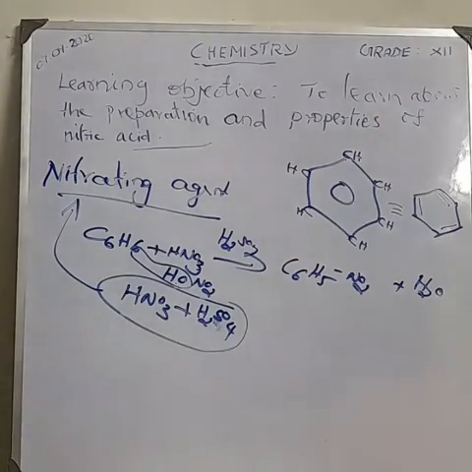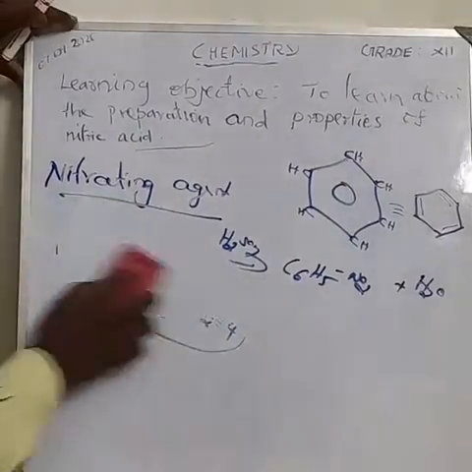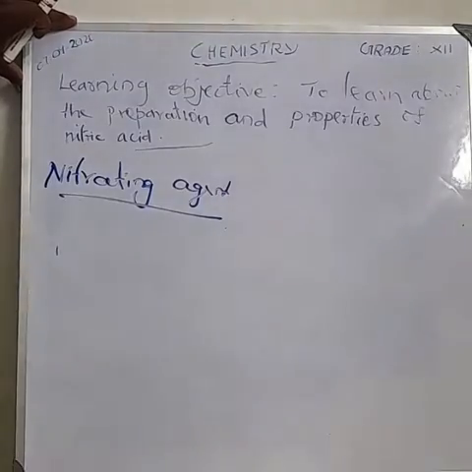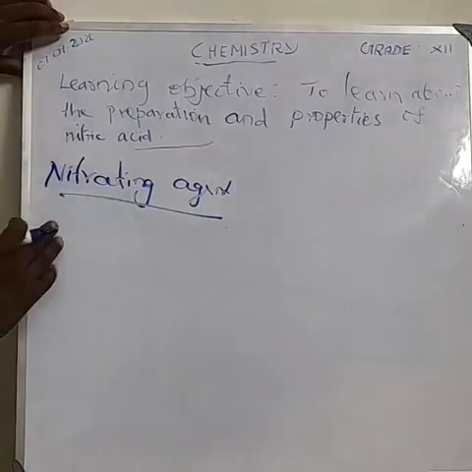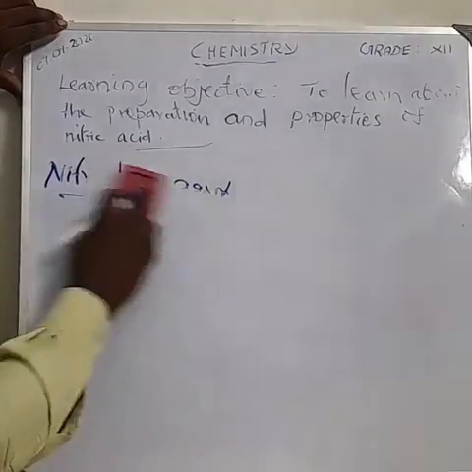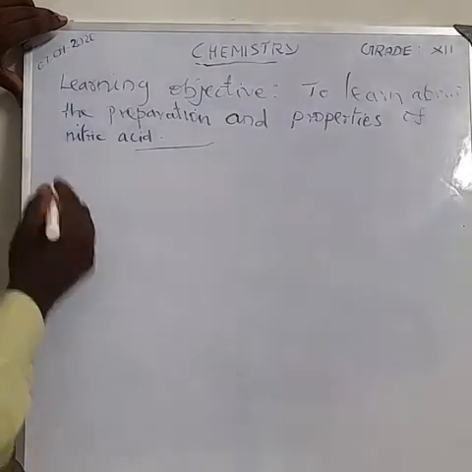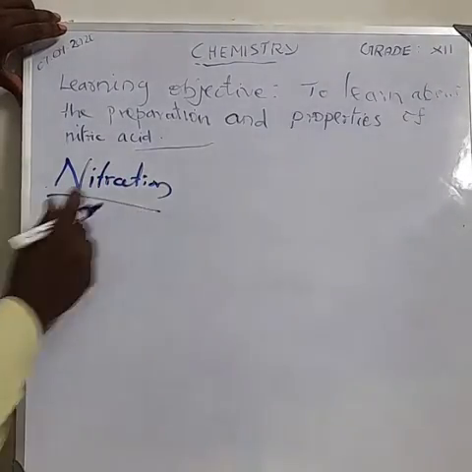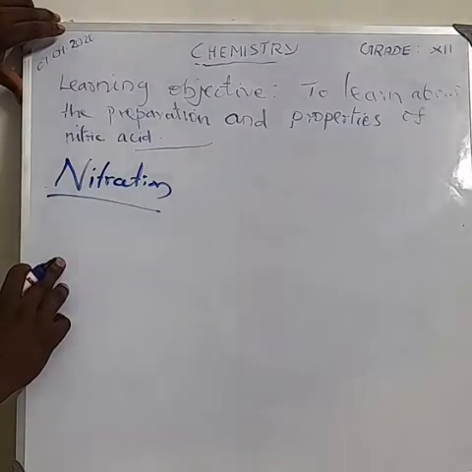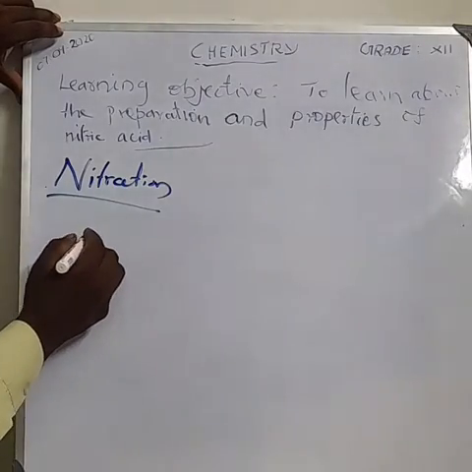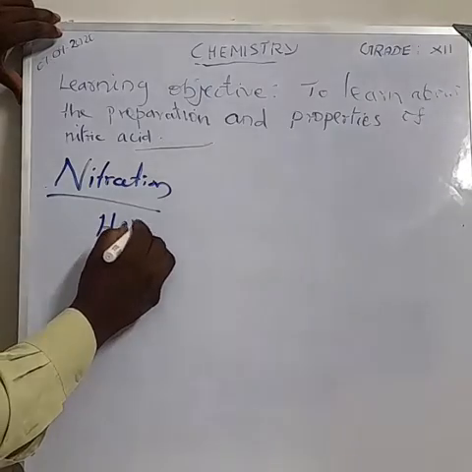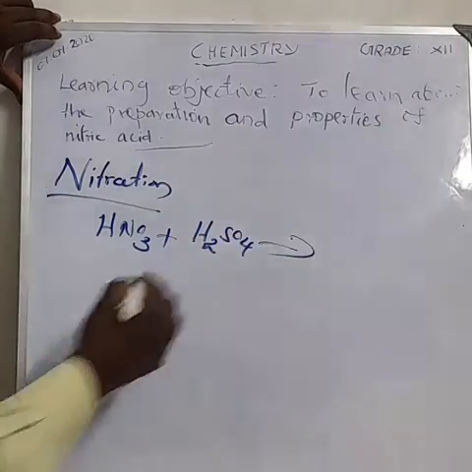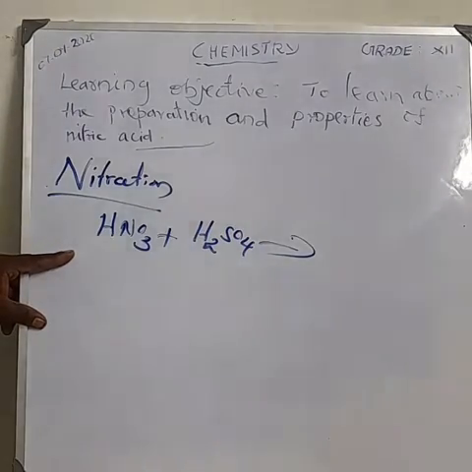And also, one more reaction. Nitration takes place. Here, nitric acid reacts with the sulfuric acid. Okay, what is the formula for nitric acid? HNO3. This is called nitration. Nitric acid reacts with sulfuric acid to form,